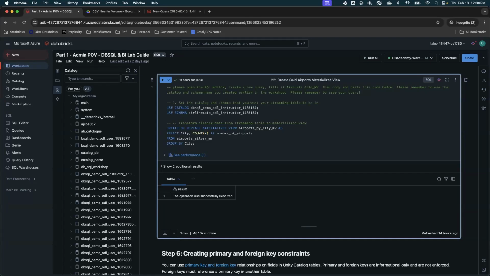Somebody asked, how much time does it take to run a bronze airport streaming table? Usually it's quick. It took me less than a minute, but considering the people here, I see probably 600, so that may affect your query performance. I also increased the scaling, if you wanted to talk about that. Okay, we can talk about that too.